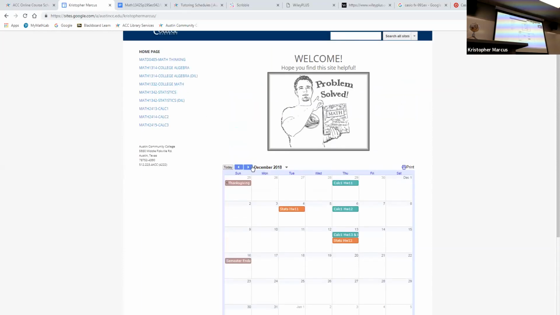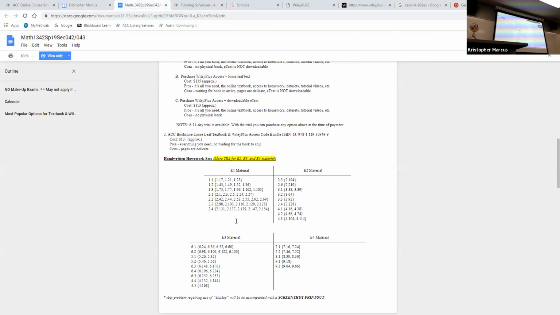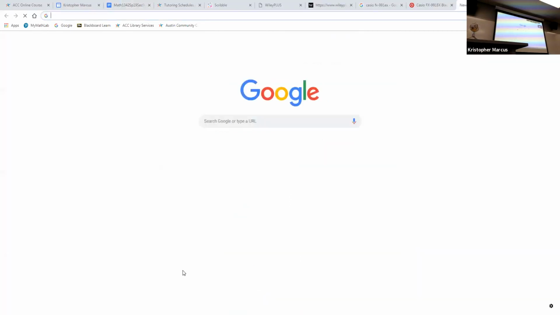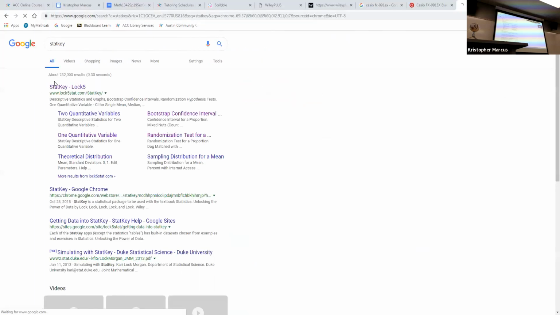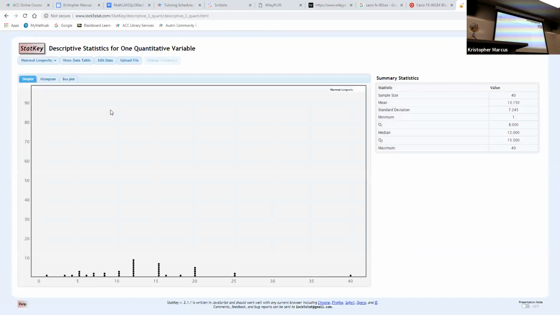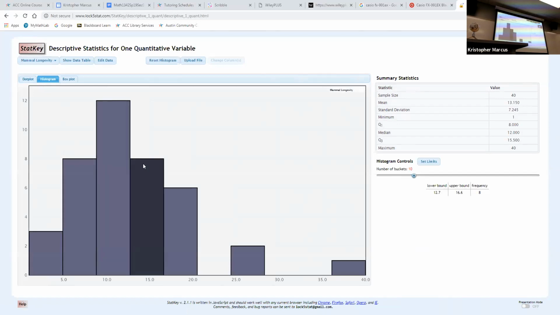The other question that's going to come up here with the homework probably, down at the bottom, it says with this little asterisk in the syllabus, problems that use StatKey need a screenshot. What that means is this. When we get to a place where we need to use something called StatKey, it's a free website. You bring it up, and then you do whatever you're supposed to with it. You bring something up, you get a data set, you get a graph, whatever it is you're supposed to get. If you're supposed to use StatKey for that problem, this should be printed out with your homework. Why?